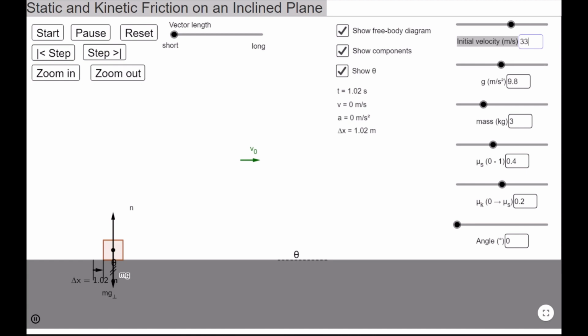And if I set it to 3 meters per second and start the simulation, we can see that the distance taken is 2.296 meters. The data I've collected from the simulation, I've drawn a graph where the y-axis is the stopping distance of